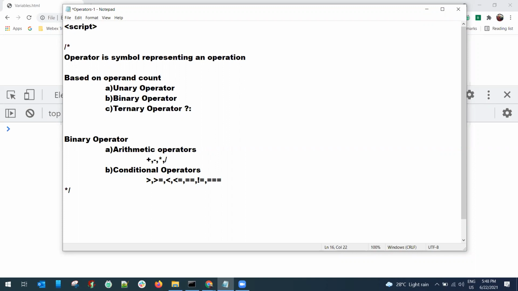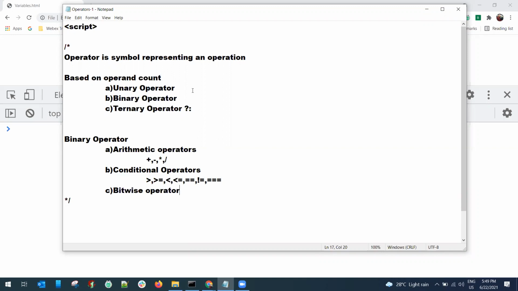This is an additional operator you'll find in the JavaScript language. All the other operators are available in most languages. After arithmetic and conditional, we have bitwise operators. We do not have to deep dive into it, but you should know something called bitwise operators. I'll come to that in the next video, but for now, this is the operators list.